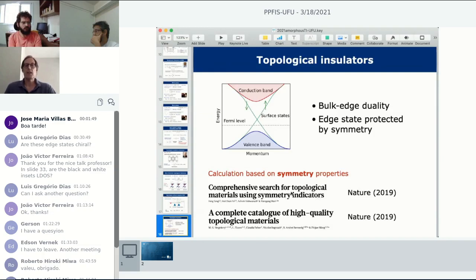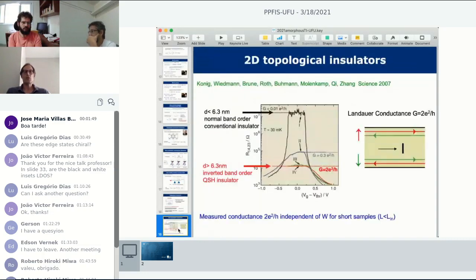Okay, and it's kind of strange, because the field was born with the integer quantum Hall effect, and the samples are quite dirty, right? And then all the theories were developed for ideal systems, so this always caused me some perplexity, and this is what attracted me to these questions. So there is a realization in 2D. I'm not going to talk about 3D. There is a realization in 3D. This famous König paper in Science.